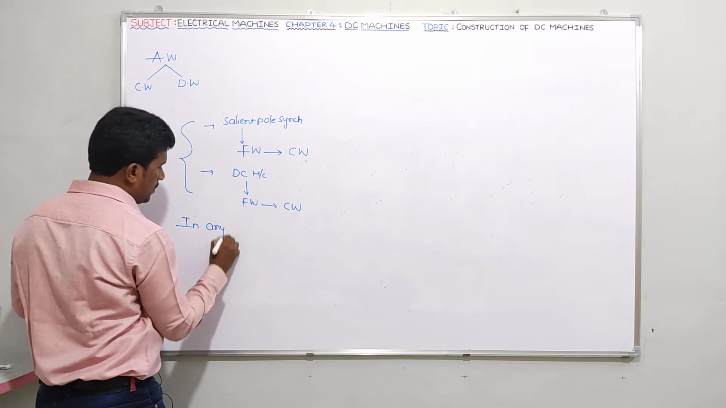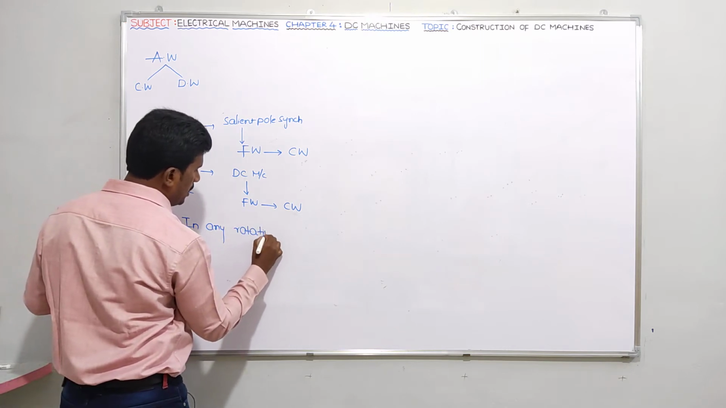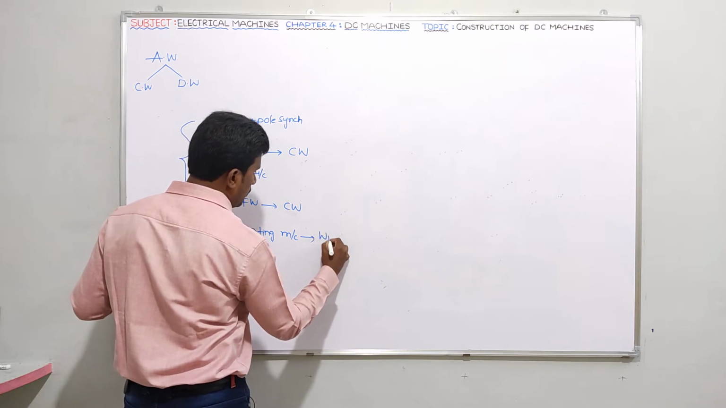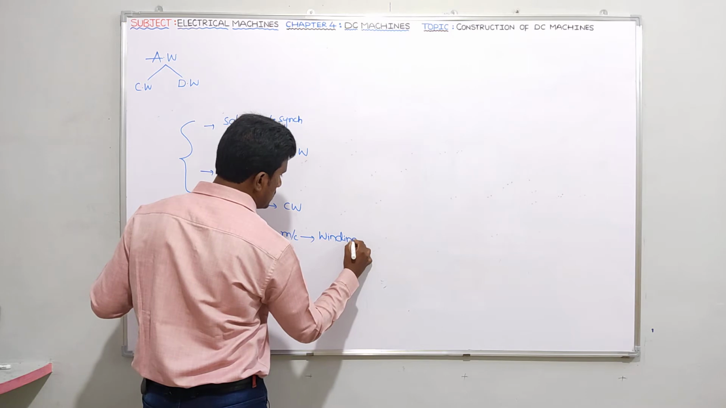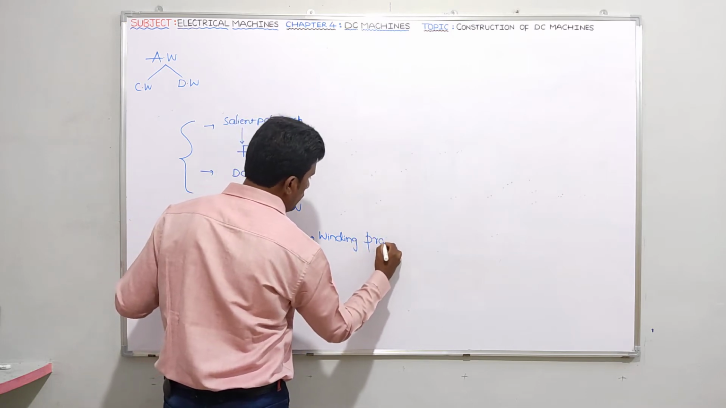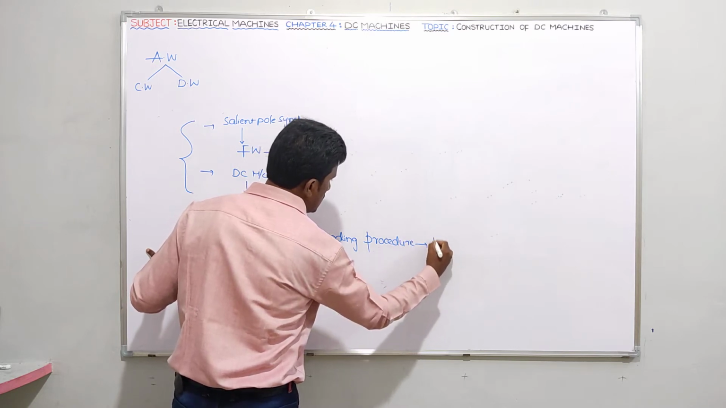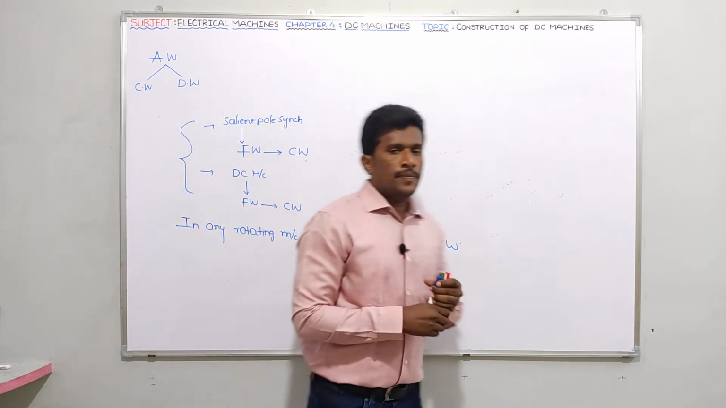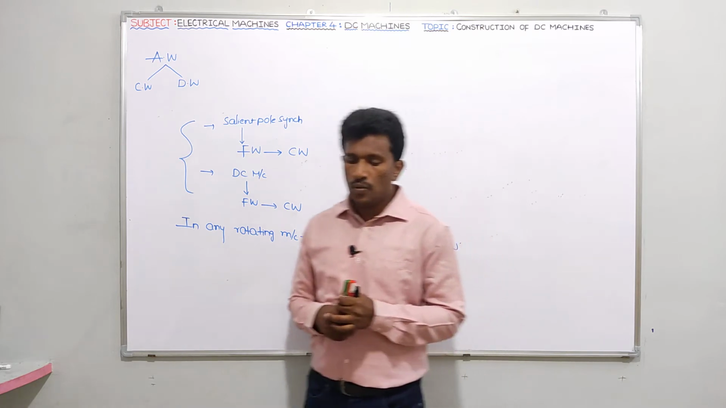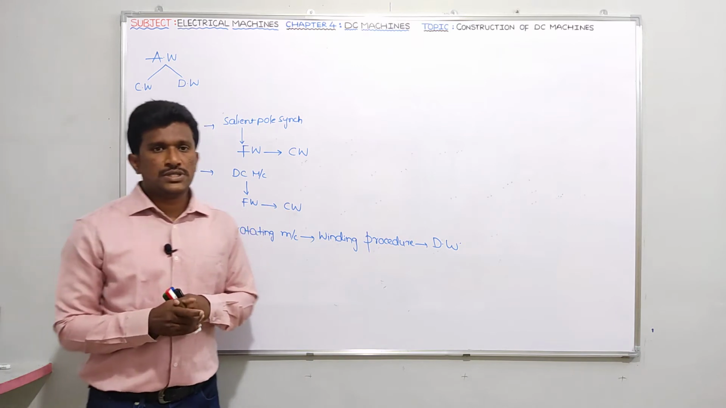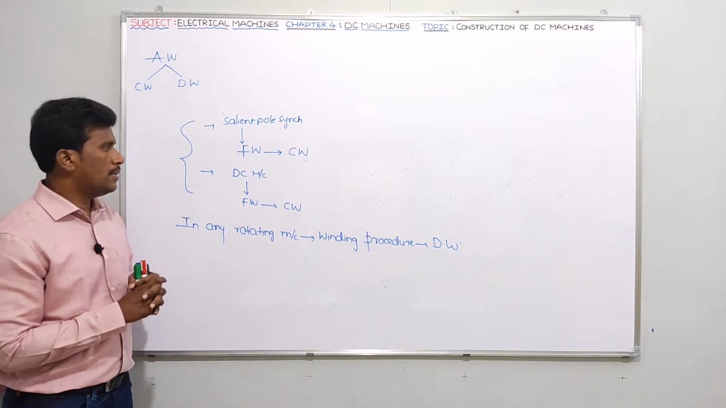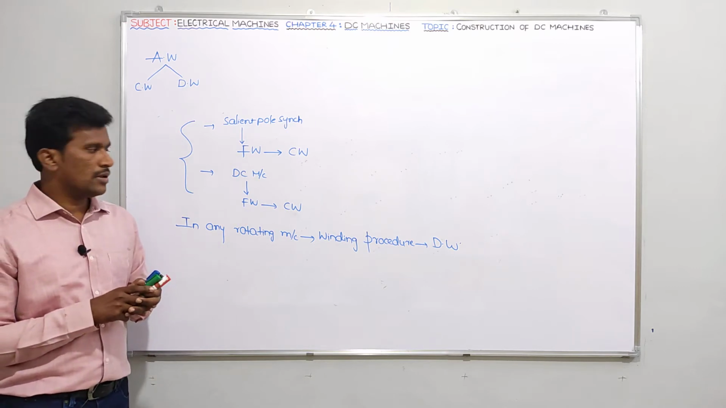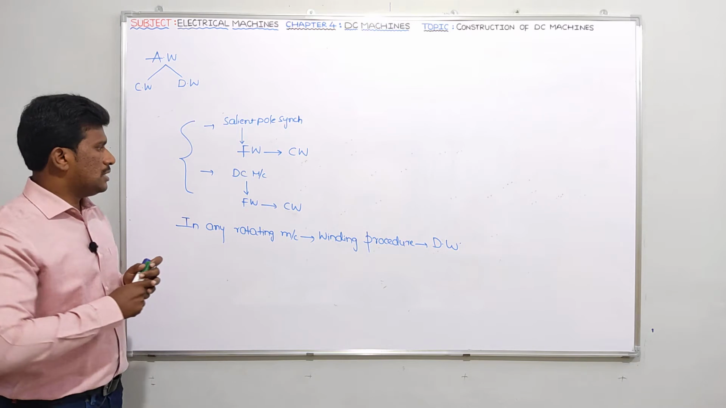in any rotating machine, I can say winding procedure is distributed winding. Okay, guys, please note that point. In salient pole synchronous machine, field winding is concentrated. In DC machine, field winding is concentrated. Full stop. Except in these cases,